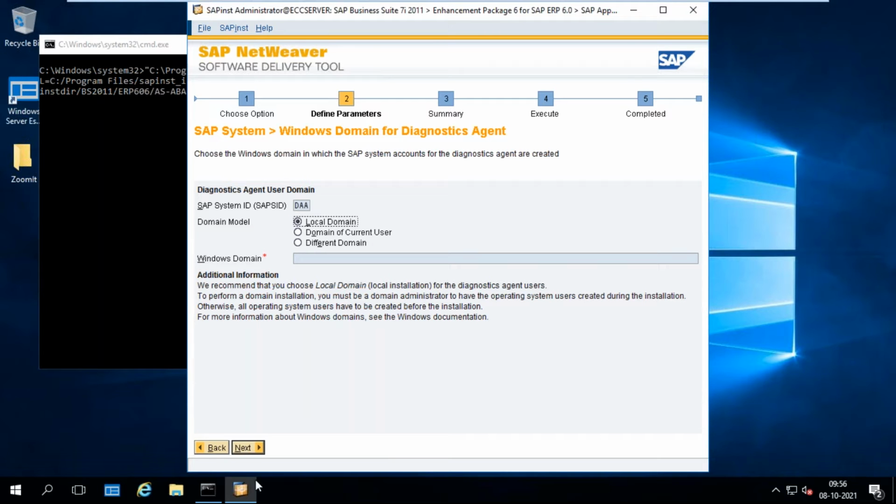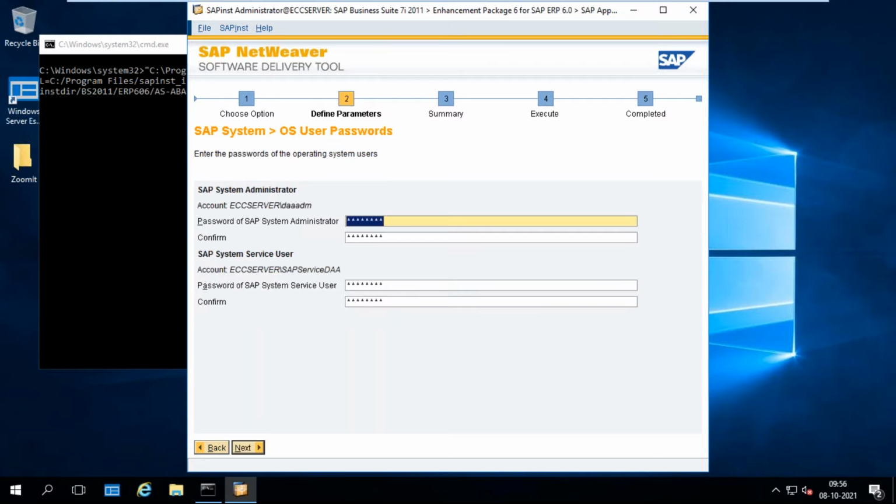So here also don't change anything. Just click on next. So next.